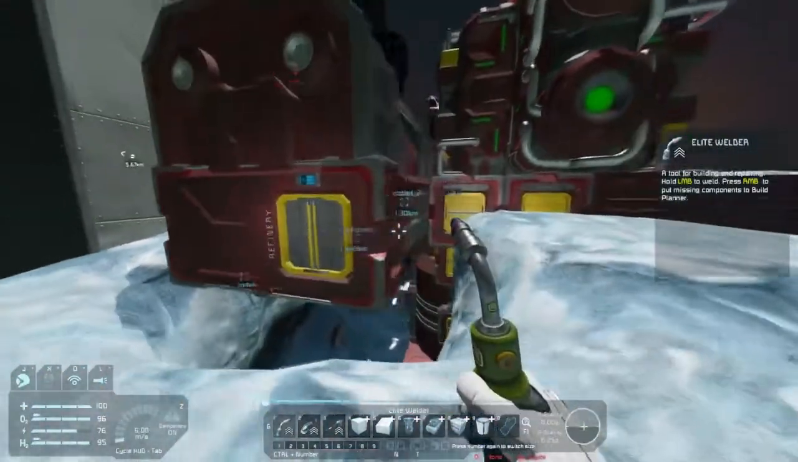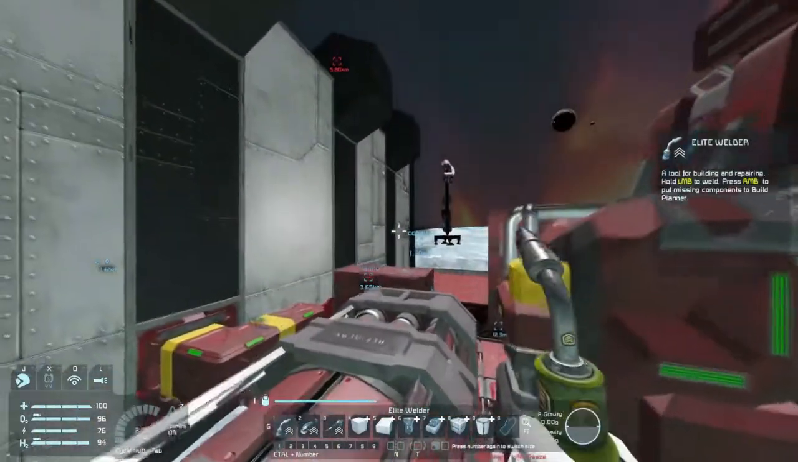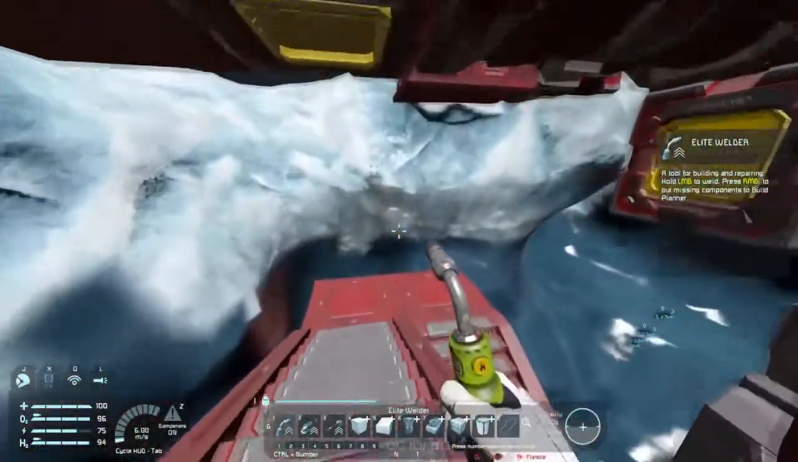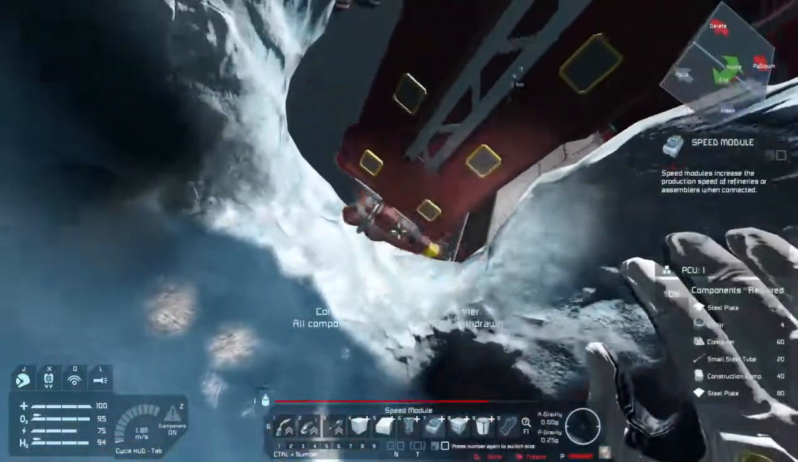We should have plenty enough, actually, because I also took off the speed modules, which I'm going to have to put back on. Ooh, yeah. That's right. I got to put everything back on, don't I? Uh-oh. Alright. Let's get the speed module out. We'll put the speed modules on first, because